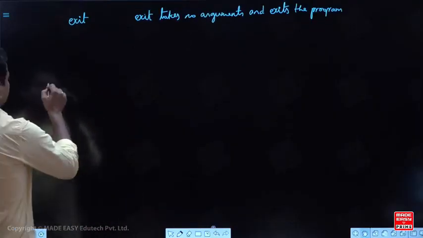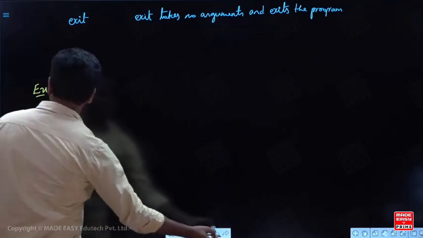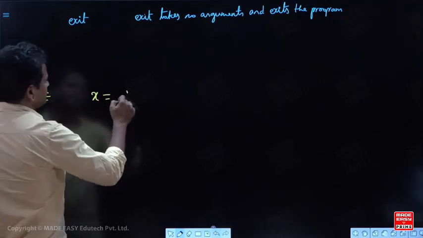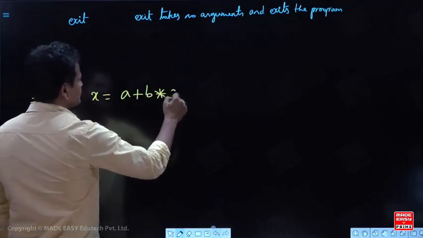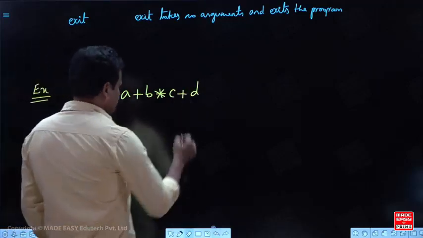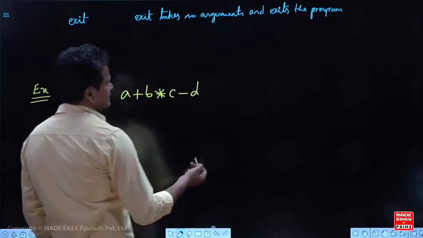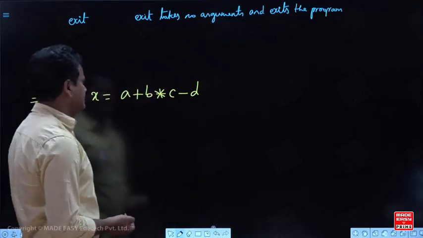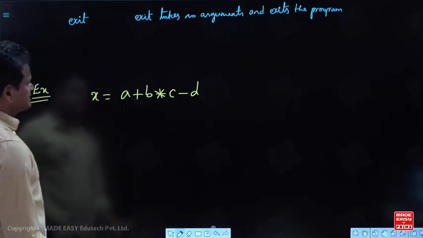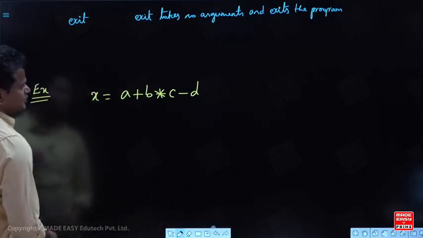Now, write a three address code. Very simple question I'll give you. X equal to A plus B star C plus D. Suppose here minus, star is the highest priority. You just take star as the highest priority, then plus is the next highest priority, then minus is the least priority. So star is the highest priority, plus is the medium priority, and minus is the lower priority. You just consider it like this. Then write the three address code for this.